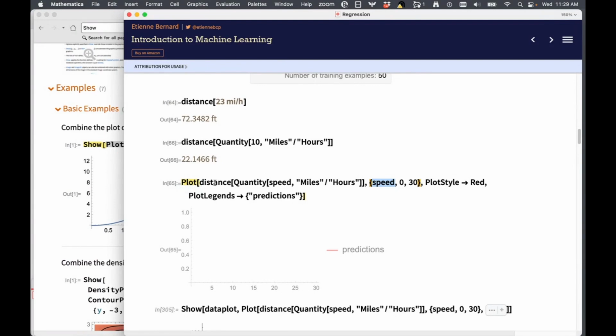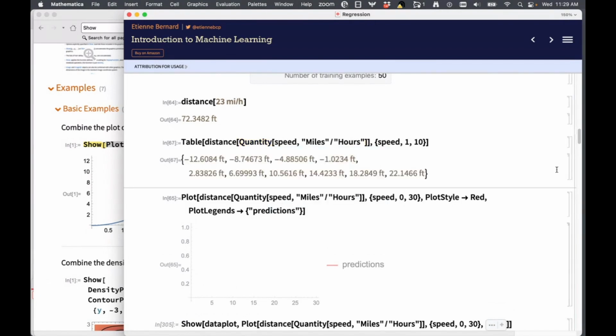So I can pull this out, and I can try to see if this is going to work for a number of different values. So I can say speed from maybe 1 to 10, and it'll take the discrete values 1 through 10, put it in here, and give me the stopping distance for each of those values.